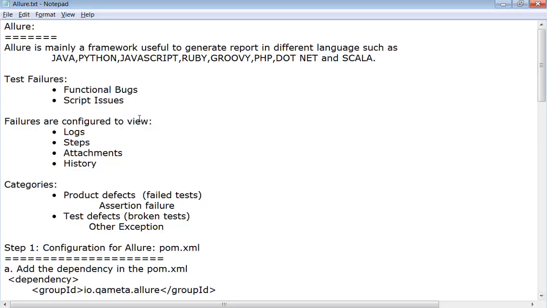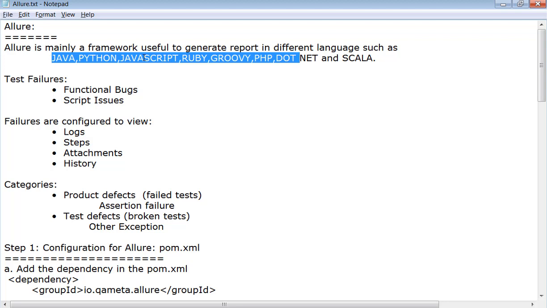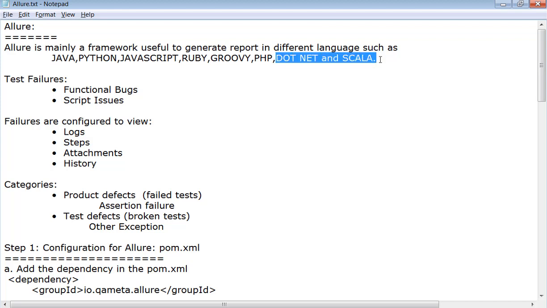In today's video, we're going to start with a very important reporting tool in Selenium, which is Allure. What is Allure? Allure is mainly a framework useful to generate reports in different languages such as Java, JavaScript, Python, Ruby, Groovy, PHP, .NET and Scala.